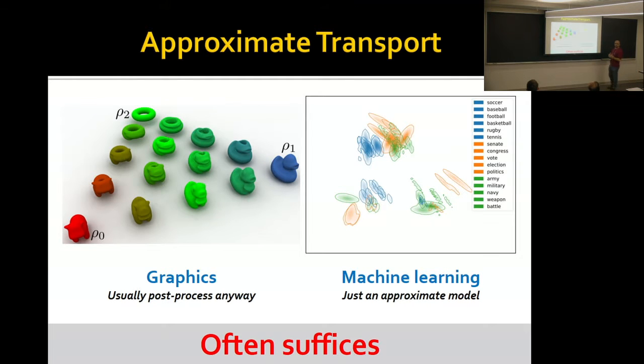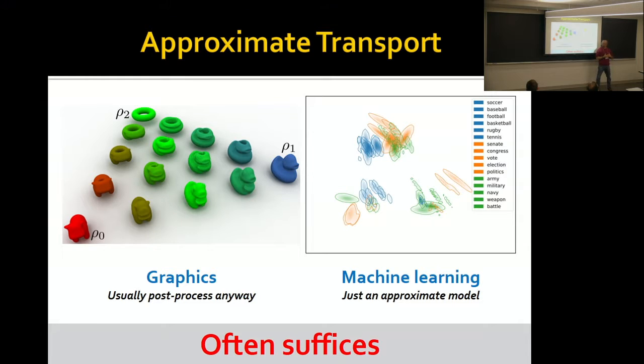So one thing to know about these transport problems is that they're often useful, but that doesn't mean that God told you that optimal transport is precisely the right model for a problem. It's just a model, right? It's a useful distance, just the same as KL and so on, are useful in many applications, but maybe are not somehow the natural statistical thing. Sometimes they are, but often they're not. And so in that case, oftentimes it suffices to have an approximation of the solution to the problem that I sketched out for you, rather than really putting that additional computational effort into extracting a very precise answer.